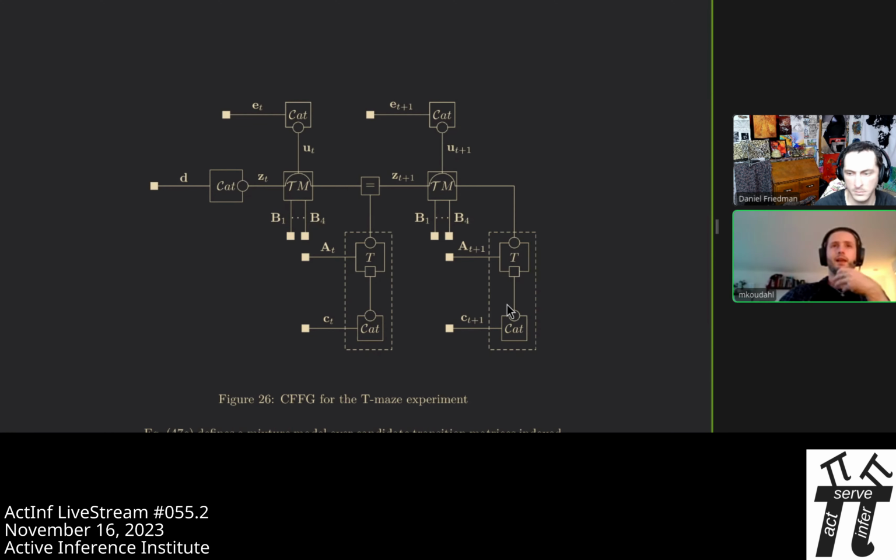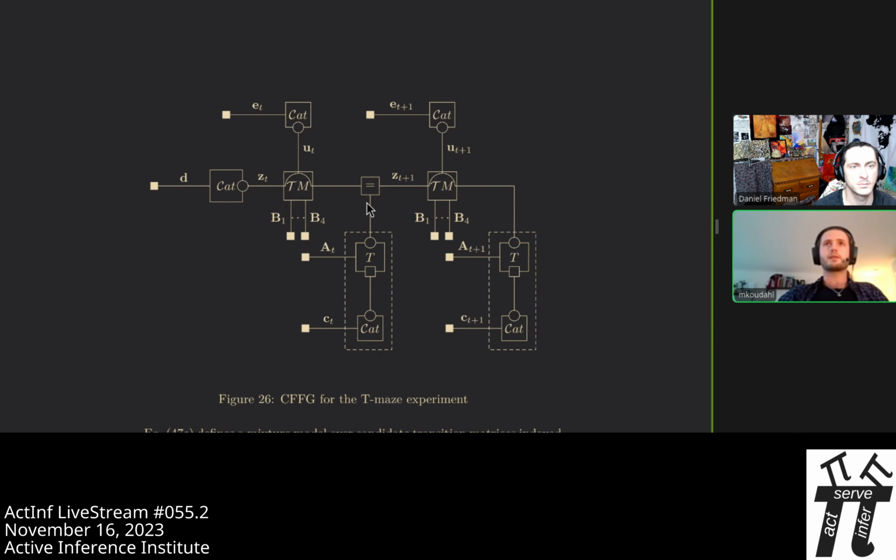Perfect. The thing that I want to point out is that we can see all these things, where we do the EFE-based things, the kind of messages that we need to pass, the factorizations. All of this is something that we can see from the graph because this is a constrained FFG instead of a normal FFG.